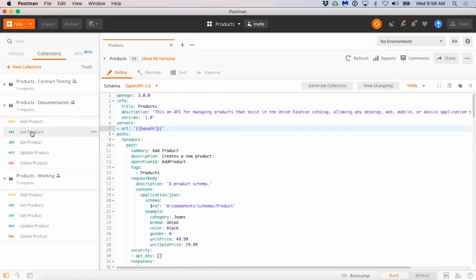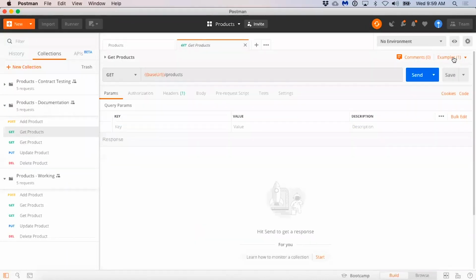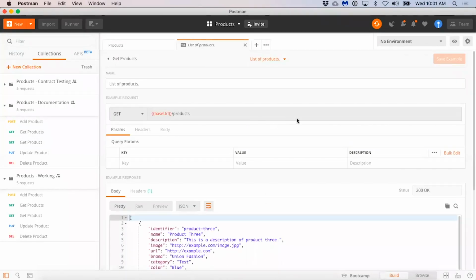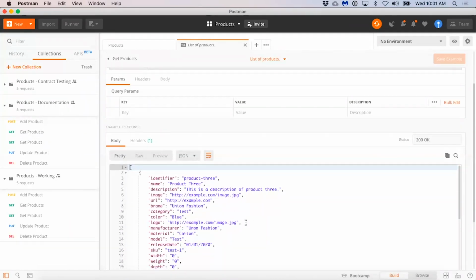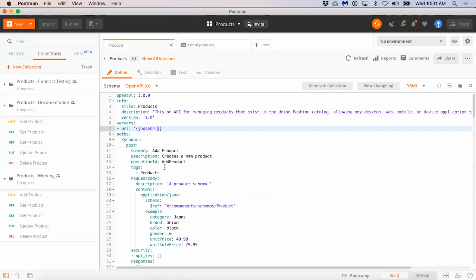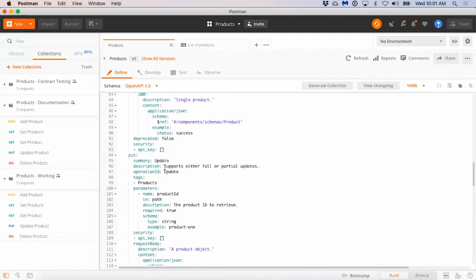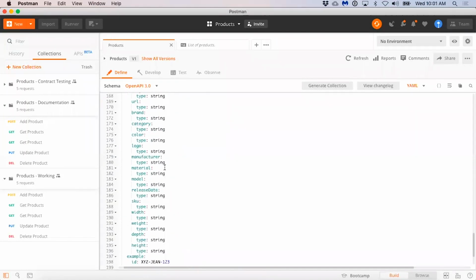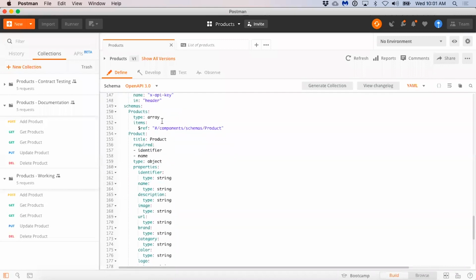Jeff requires that all collections must have examples. So this is a Get Products Listing collection. It has an example that is stored with it, showing how this should work. And this is derived from that OpenAPI schema at the bottom of the OpenAPI contract.